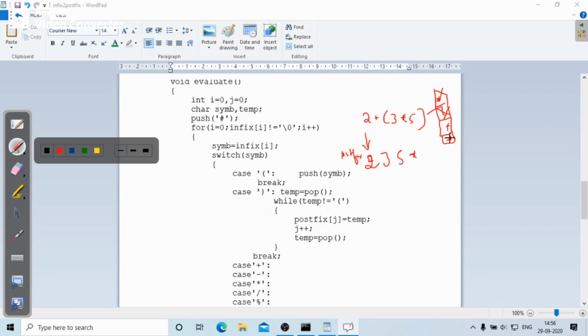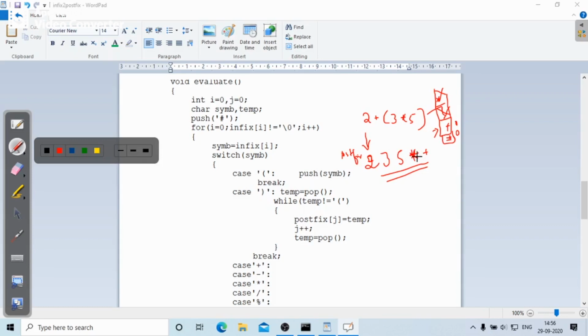So the remaining contents from the stack need to be popped until you get the hash, or until top greater than 0, meaning position 0 holds the hash. So plus I will pop, and this will be the postfix expression: 2 3 5 star plus.